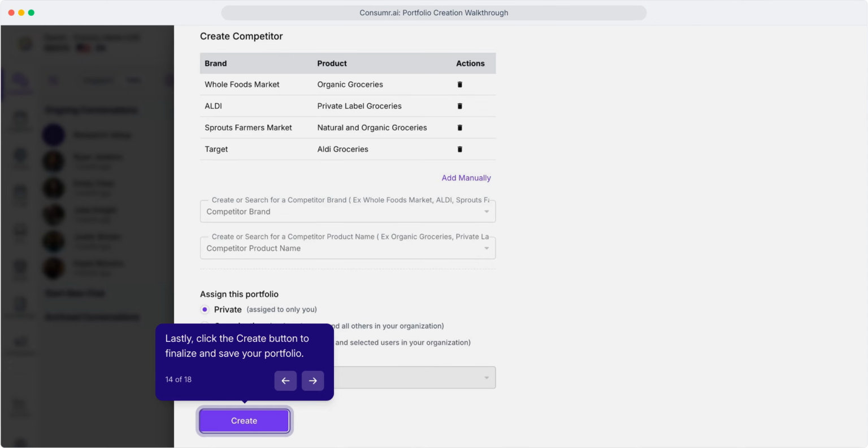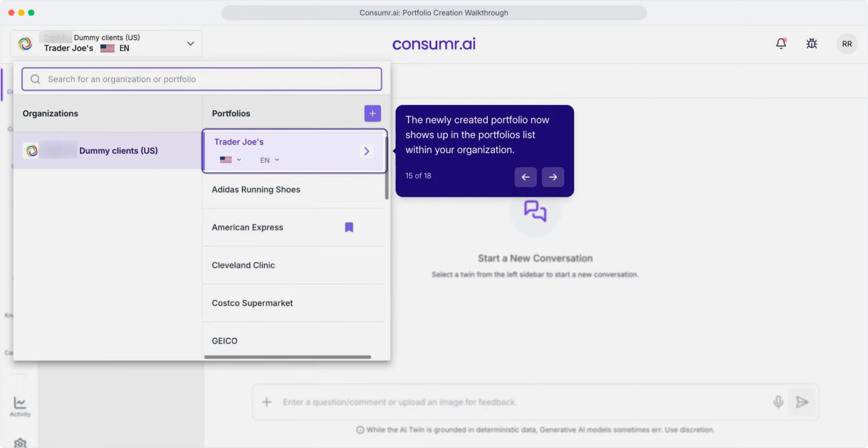Click Create to finalize. From this point on, every study you launch, quant or qual, can draw on this portfolio's brand identity, competitive set, and segment definitions. Your new portfolio now appears in the list, ready to power surveys, focus groups, interviews, and any other research workflow